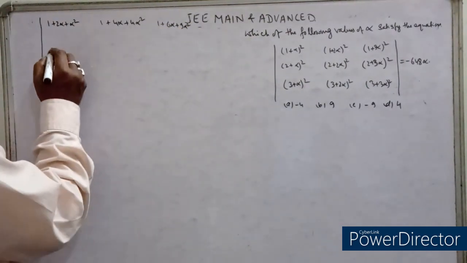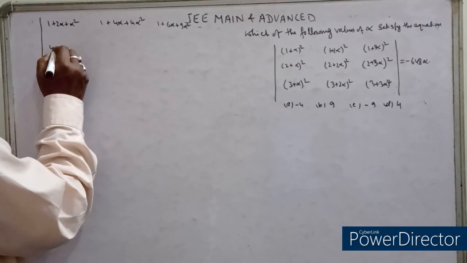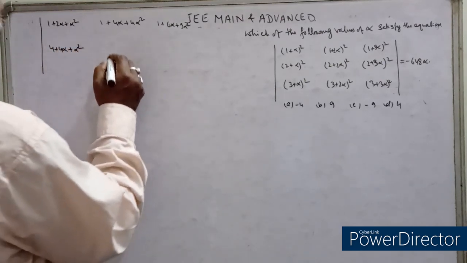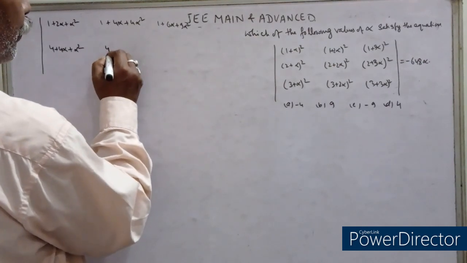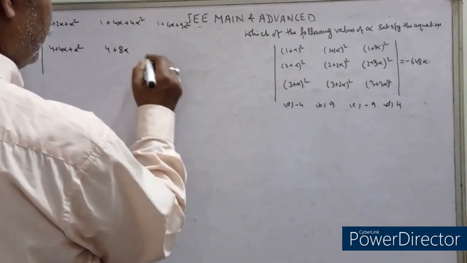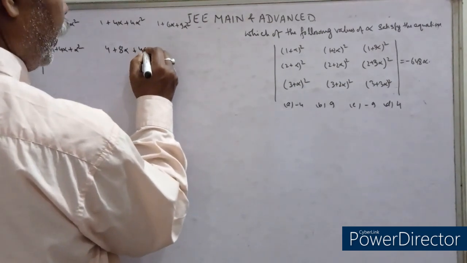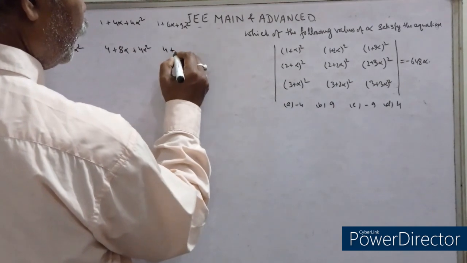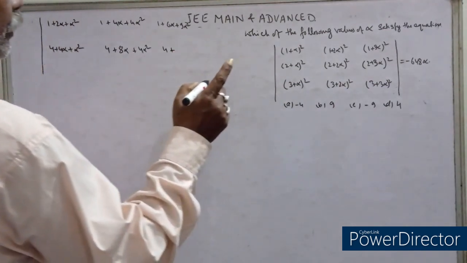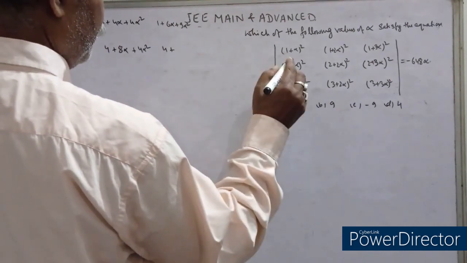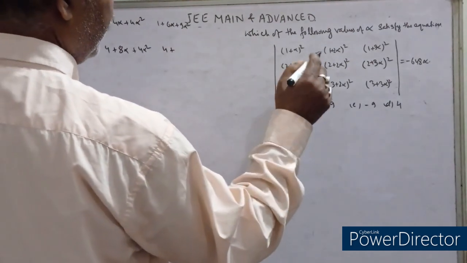Now here again 4 plus 4 alpha plus alpha square. Here again 4 plus 8 alpha, plus 4 alpha square,